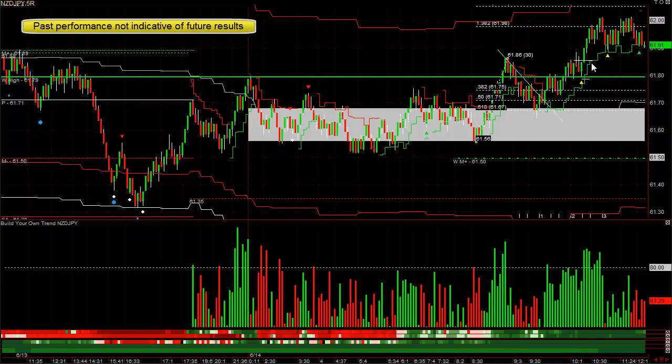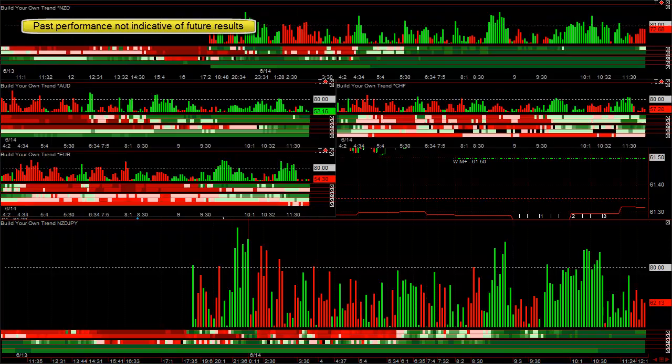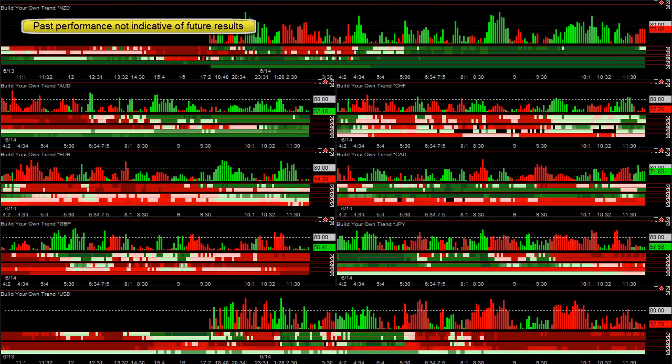So would you rather be an 80 or 90% winning trader with no money in your account, or make money trading? Some days you're going to have high winning percentage, and some days it's going to be horrible. But if you keep your losses small and you focus on the currencies that are moving, like the New Zealand dollar,